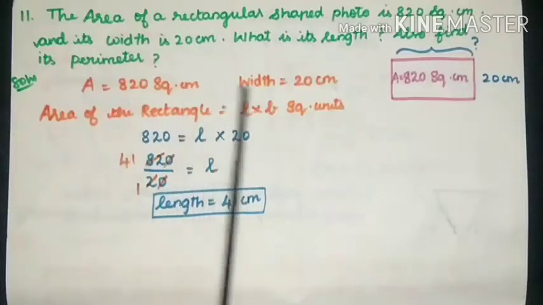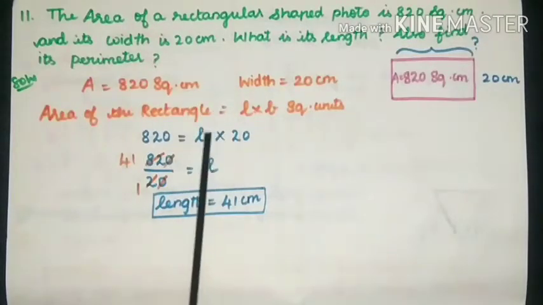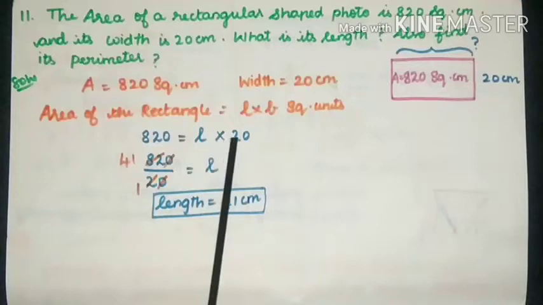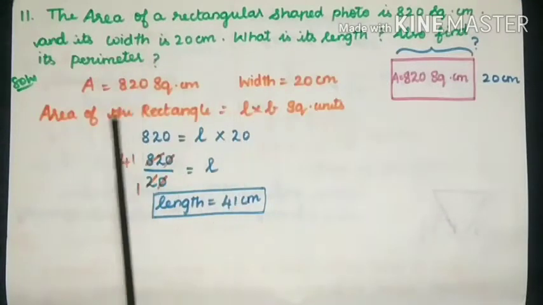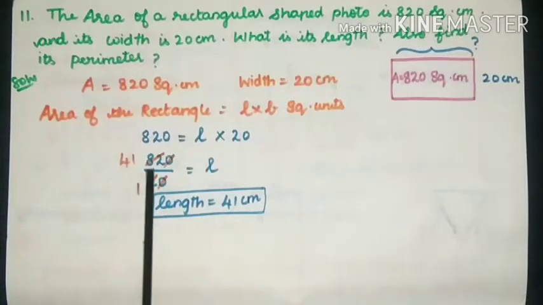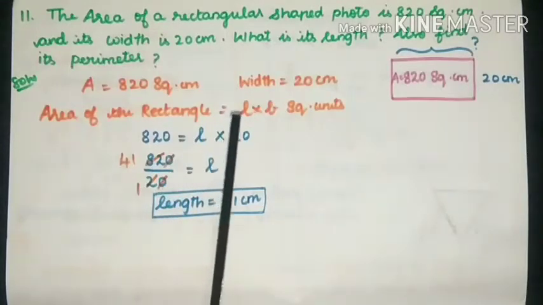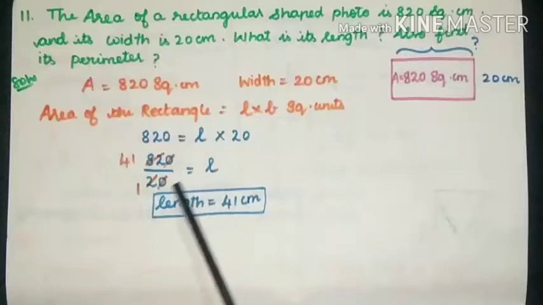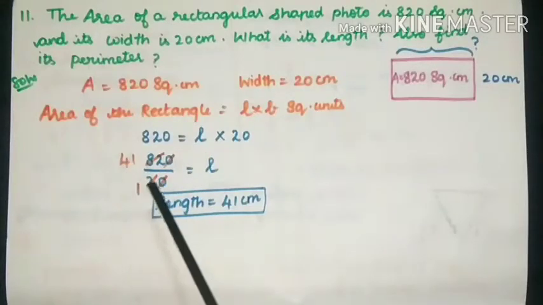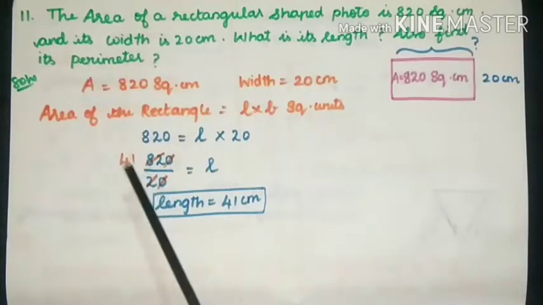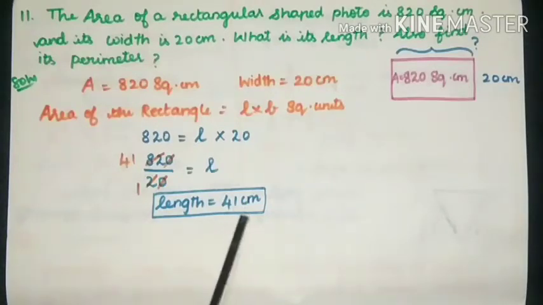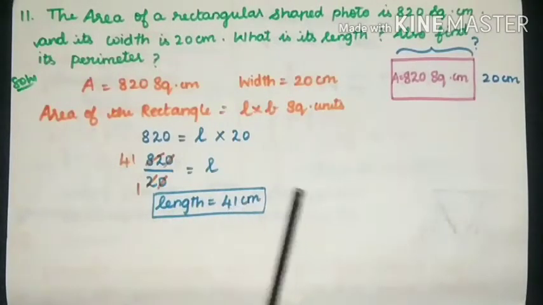Students, here we are going to find the unknown value length alone. So, the multiplication of 20 will go to left hand side, means it will change into divide. Therefore, 820 by 20 is equal to, yes, L. After that, we have to cancel with 2 table. 2 ones are 2 and 2 41s are 82. And the length value is 41 centimeter. Students, it's clear, no? Length is equal to 41 centimeter.